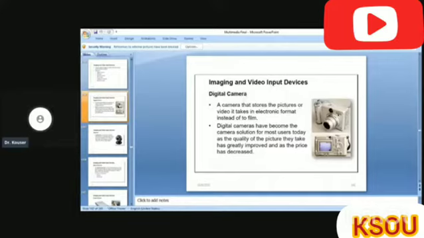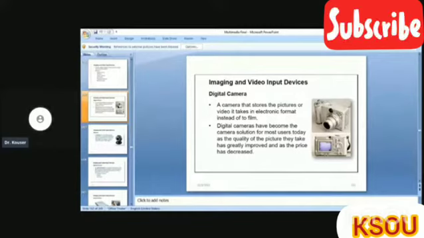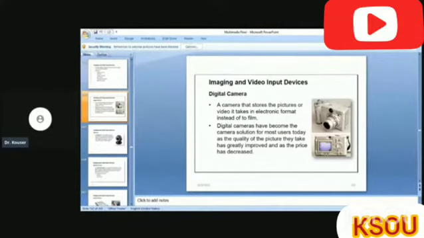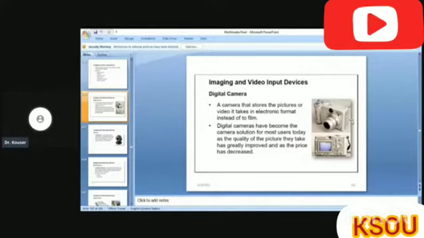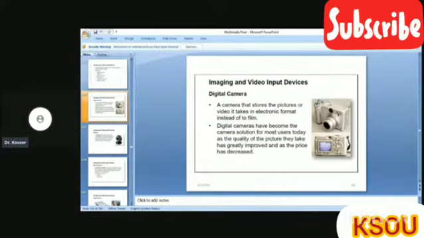You can see the digital cameras here. It is a camera that stores the picture or video it takes in electronic format instead of film. You don't use film anymore. Earlier cameras used to have film. Here, there is no existence of film. These have become the camera solution for most users today, as the quality of the picture they take has greatly improved and as the price is also decreasing.